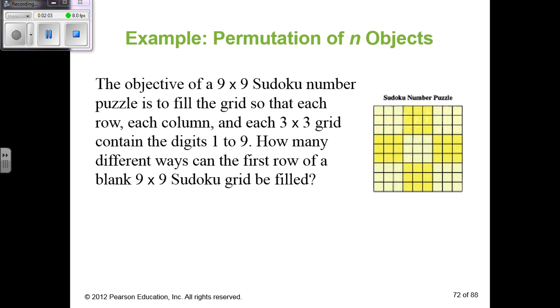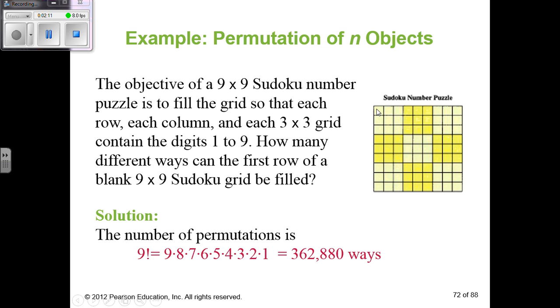So let's see how many different orderings we would have for the first row. Well, we would have 9 choices for the first, but once we picked a number, we couldn't use it again, so then we would have 8 choices, then 7 choices left, then 6, then 5, then 4, then 3, then